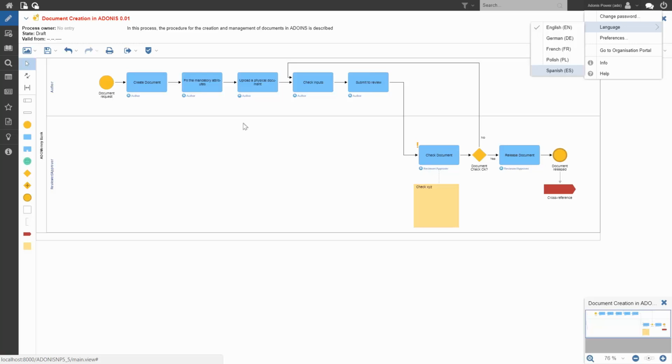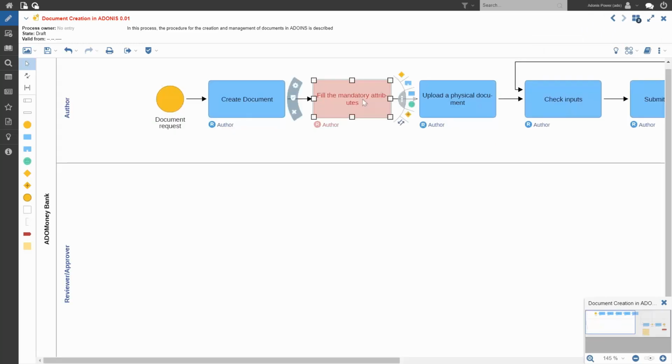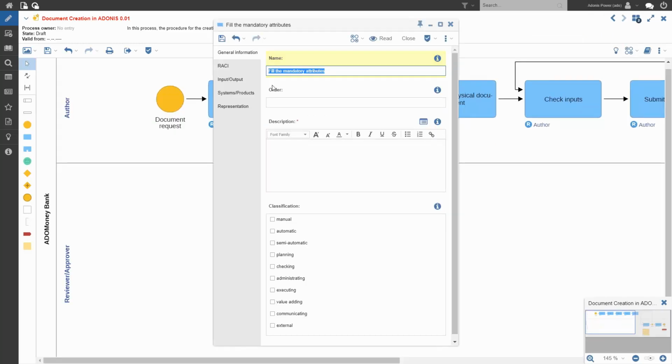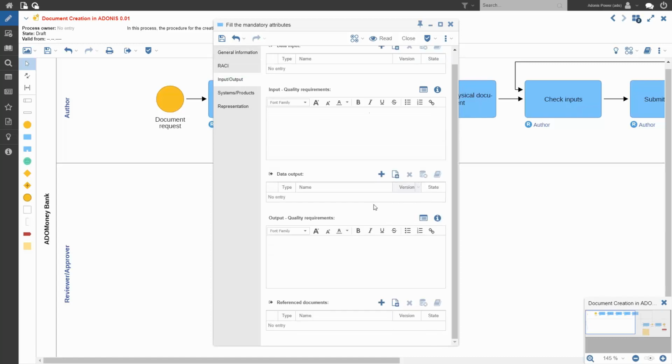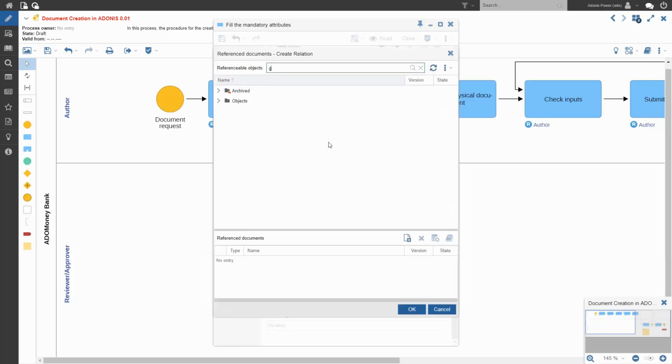But to do so, we're going to just associate a reference document here to our second task in the process. So fill the mandatory attributes. If we just double click on the task, we can open up the notebook here, and we're aware that there are some guidelines available for creating a new document. So if we just go to create the relation here to add the document, I'm just going to search for the guidelines,